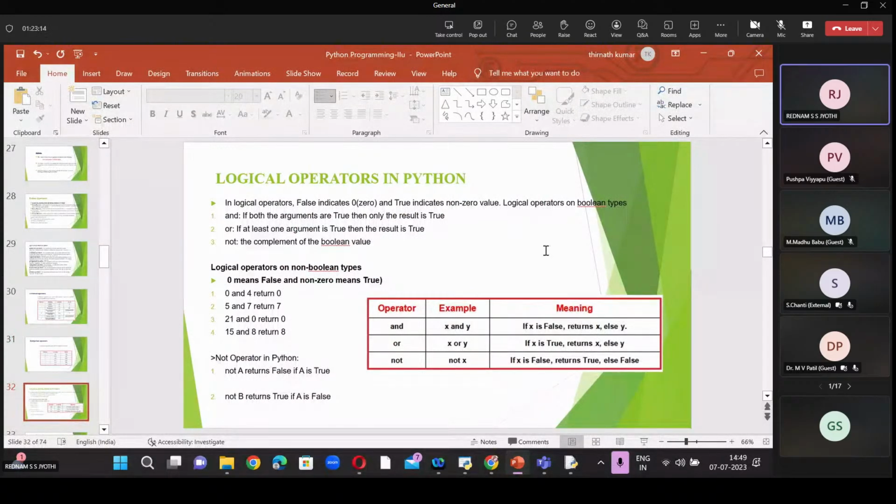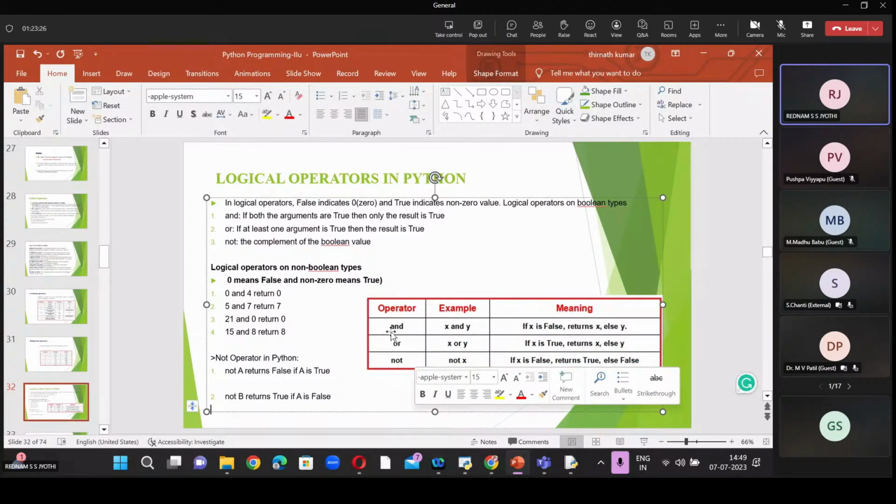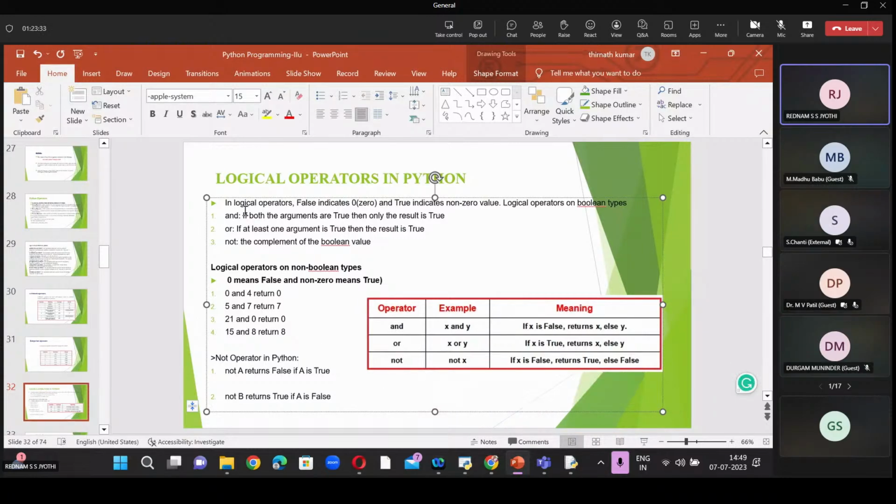There are three logical operators: and, or, not. In C, C++, Java, we use the AND symbol, OR symbol, NOT symbol, whereas in Python programming, we use the words and, or, not instead of symbols. In logical operators, false indicates 0 and true indicates a non-zero value.